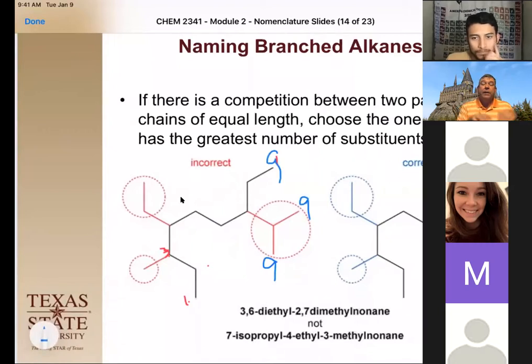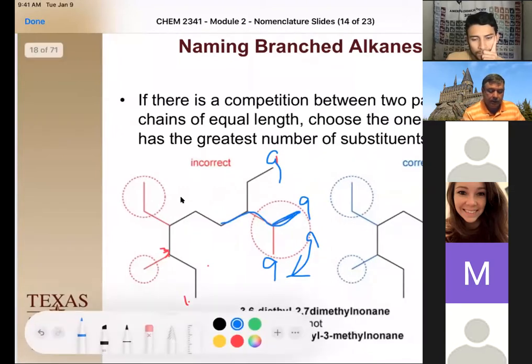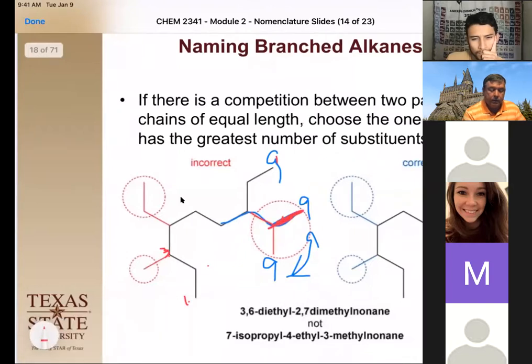So what we have to do is make a choice. And the choice we're making is where we have the greatest number of substituents. So that could technically be this one or that one. We'll give a methyl substituent at the end. And so we'll end up with the choice that we'll have. This is our longest parent chain here. I'll highlight in red. And then we get to name it from here, okay?